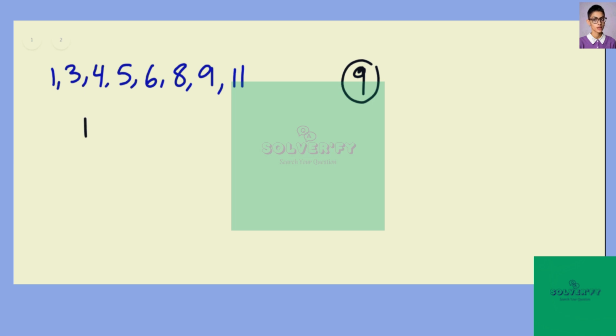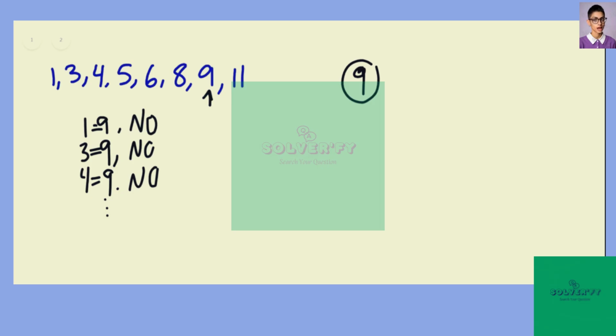does 1 equal 9? And of course the answer is no. And then we go to the second one. We'd say, well, does 3 equal 9? And of course the answer again is no. And then we would say, well, is 4 equal to 9? No. And we'd do that for 5, 6, and 8 until we got to the 7th position, where we would